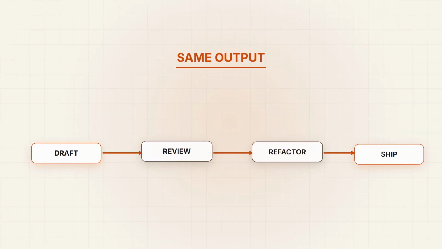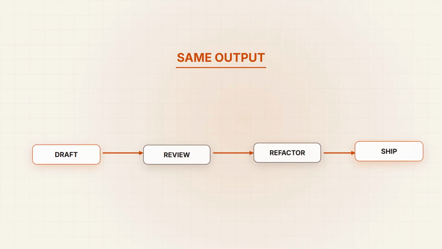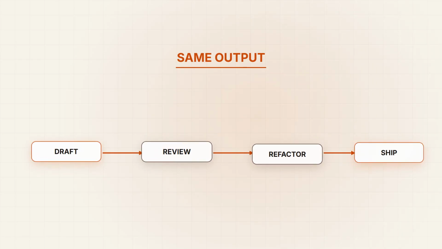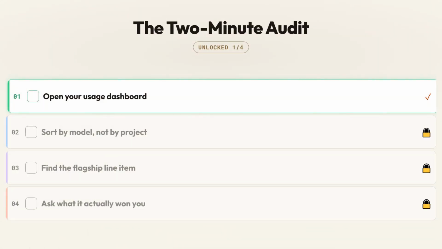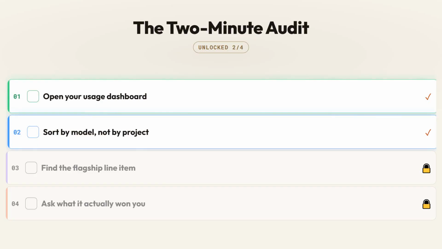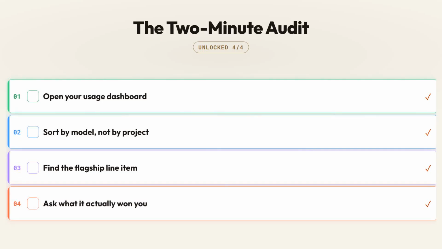Walk an actual sprint through it: draft, review, refactor, ship. 4 passes. Whichever tier you picked, the code that ships out the other end looks the same. Here's the audit that takes 2 minutes. Open your usage dashboard, sort by model instead of project, find the flagship line item, and ask what it actually